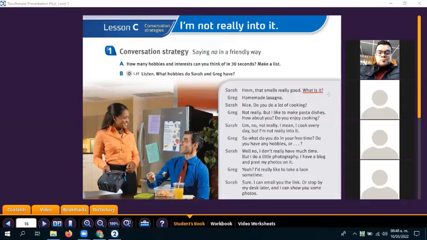What is it? No, what is it, right? Perhaps a lot of cooking, a lot of, that's connected speech too. A lot of, not a lot of, but a lot of, all right? So you need to try to detect the words that go together in the audio. Is that clear what you have to do? And you need to write it down in your notebook. Is that clear? That's great. All right. Okay.